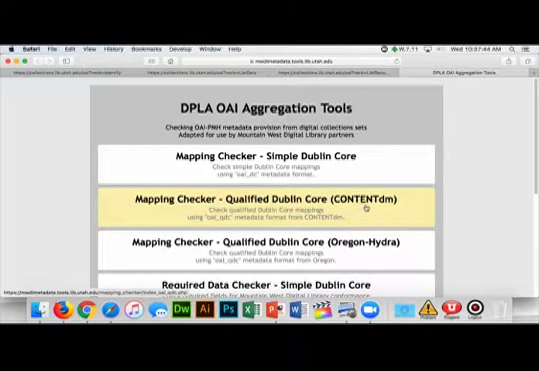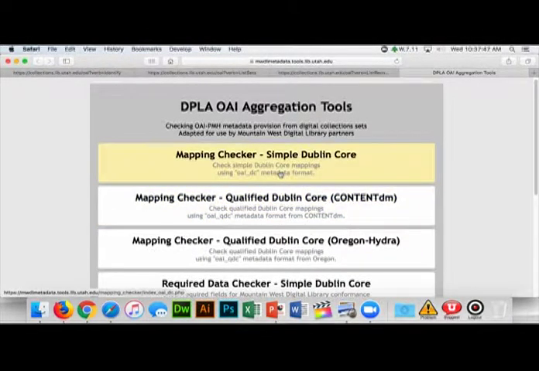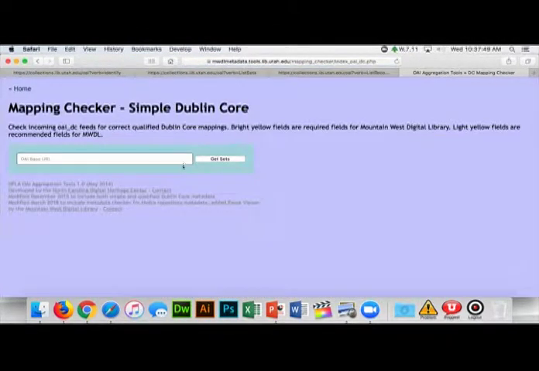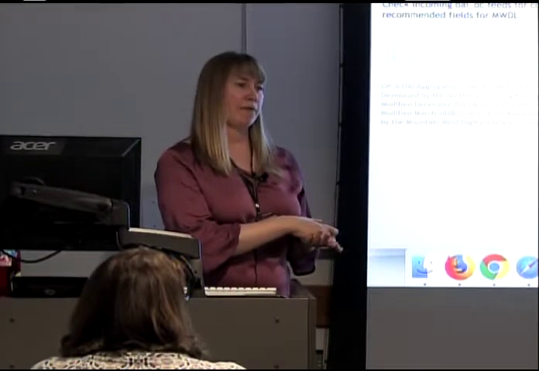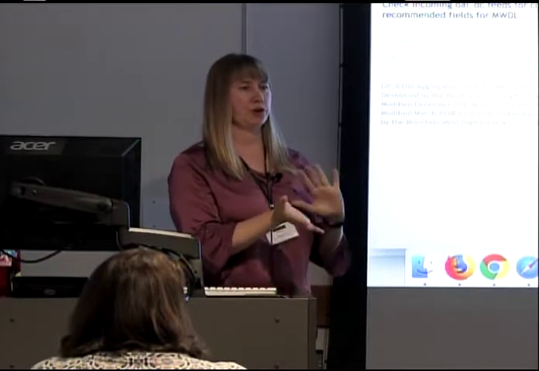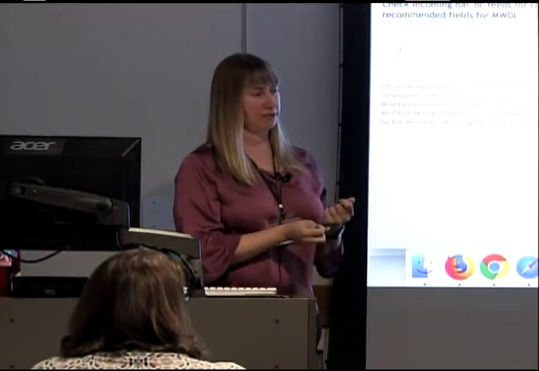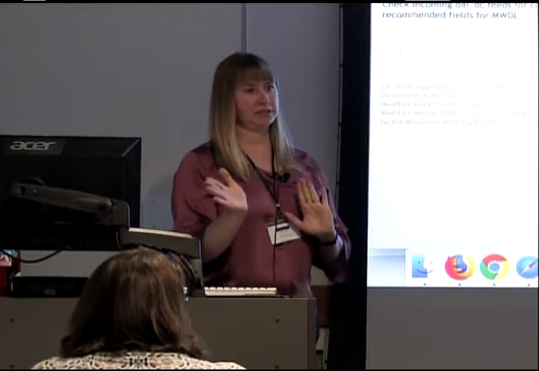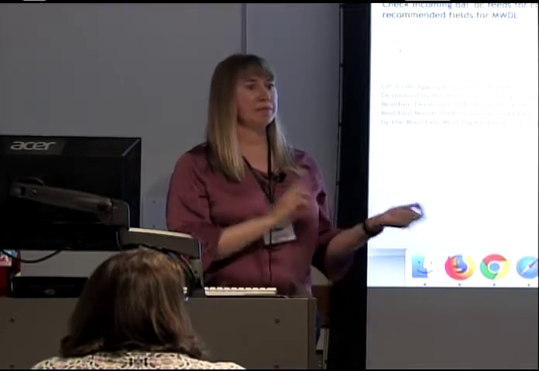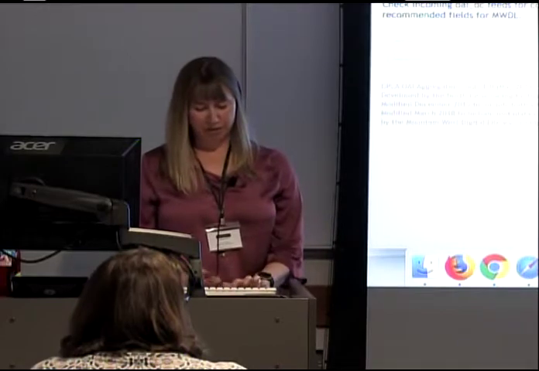All right. So the mapping checker is making sure that the fields that we ask for in the metadata application profile are matched to the correct fields in your repository. So for example, a title is with title, and that type is with type. So if I can, I'm going to use